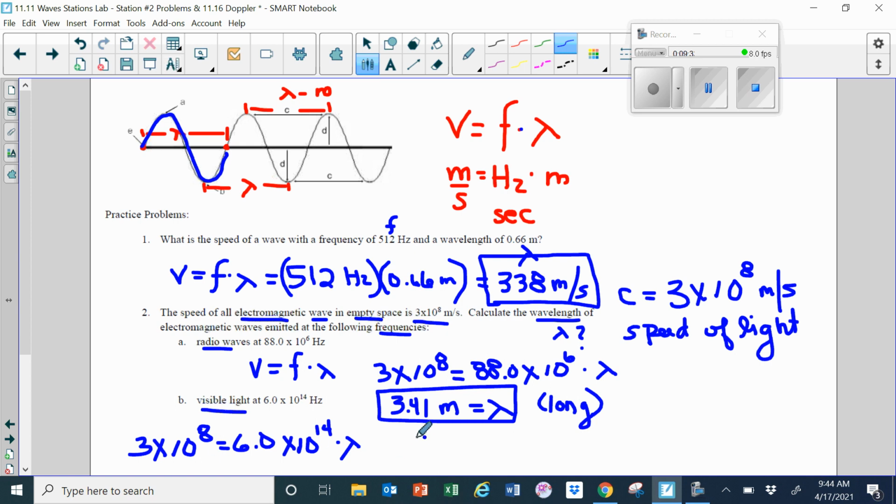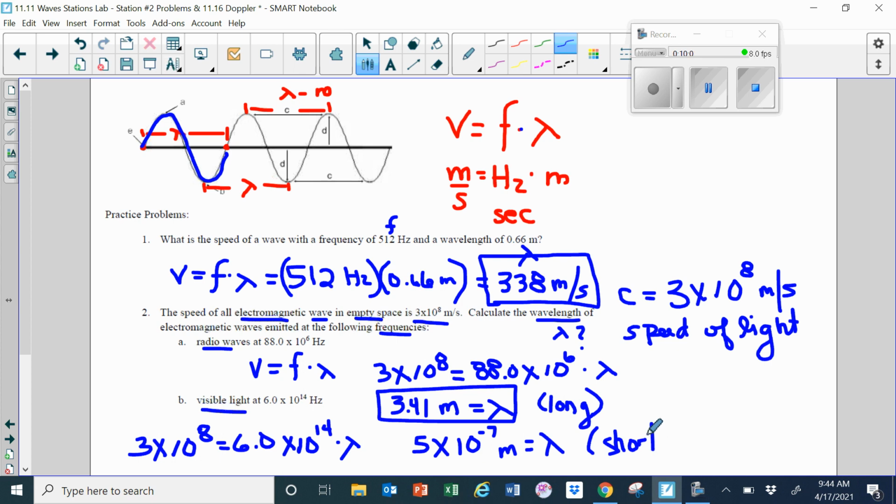is 0.5 times 10 to the minus 7. Now I want to change that to 5 times 10 to the minus 7 meters, which equals the wavelength. And again, that is a shorter wavelength